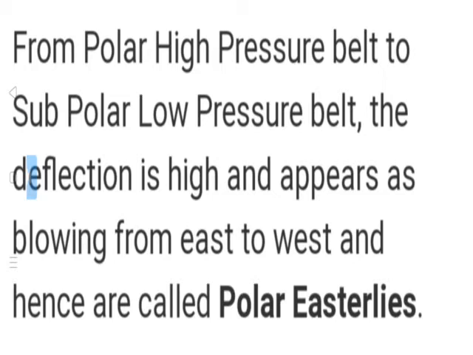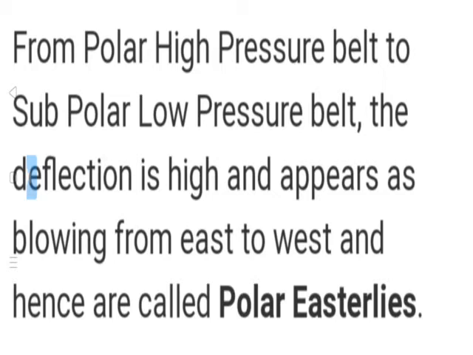In polar regions, sun never shines vertically. Sun rays are always slanting here, resulting in low temperatures. Because of low temperature, air compresses and its density increases. Hence, high pressure is found here. In the northern hemisphere, the belt is called the north polar high pressure belt, while it is the south polar high pressure belt in the southern hemisphere. Winds from these belts blow towards subpolar low pressure belts.